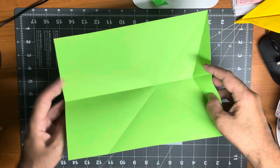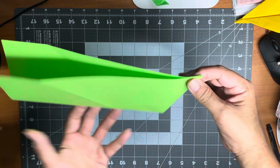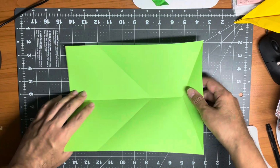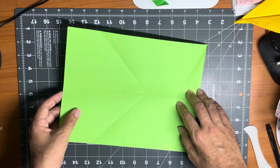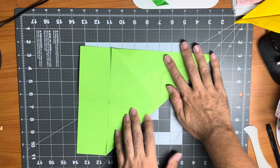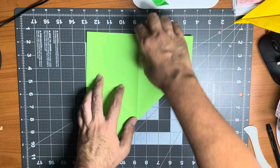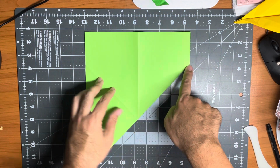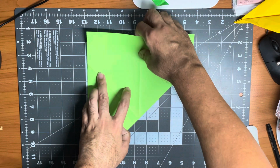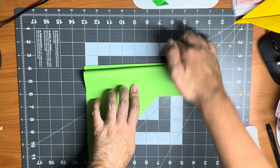So when we're closing this guy up, this guy can actually fold in like this. Okay. That's what we want. We want this to become the elevator flaps at the end of the model. So now that we've done that, I'm going to actually fold in on this guy like that, and I'm going to flip it over. And then I'm going to pull back from this corner here to this corner here. This is the triangle which creates the square that we need. So I'm just going to land this crease on the raw edge underneath it,